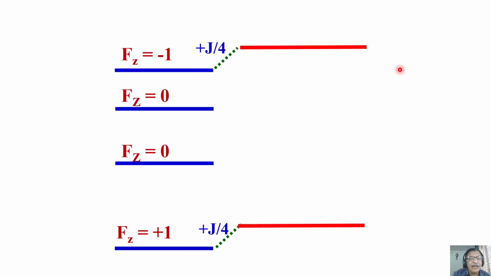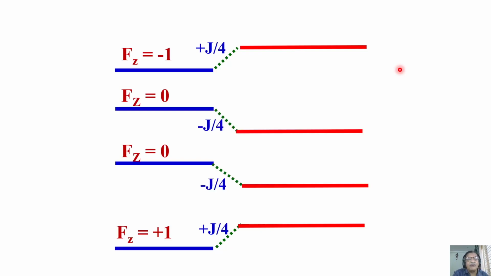Now, what did I say for alpha beta and beta alpha states? They get stabilized and move down by the same amount. This was at plus J by 4, now it comes down by minus J by 4. Same amount. They get stabilized by this energy. Now what is happening? The energy levels, you see, are not identical to what would have happened without interaction. Because of the interaction, the energy levels and their separations are different. It is not the same. Right? So, what to do?